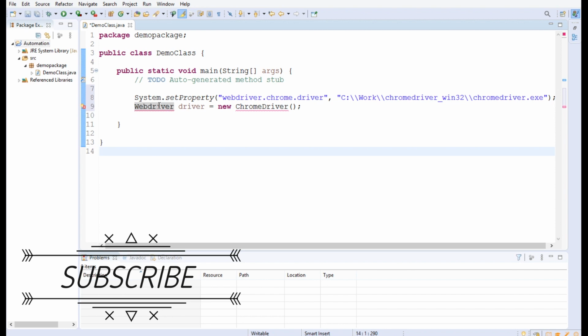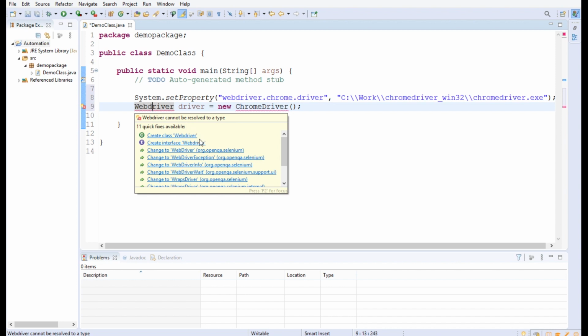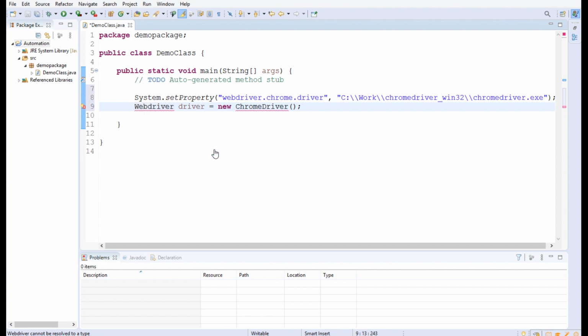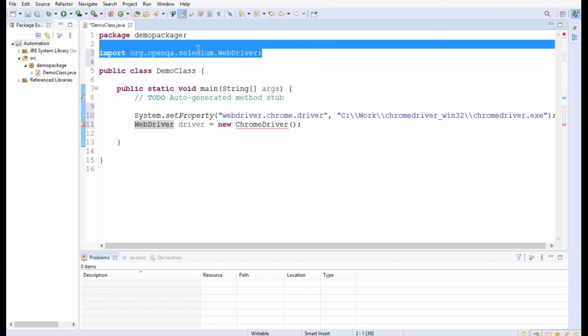Now if we click on this error, it will show us different suggestions. We click on change to WebDriver, org.openqa.selenium. It will automatically import the package that is required for this WebDriver class.